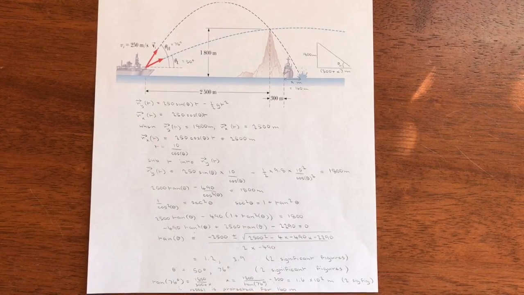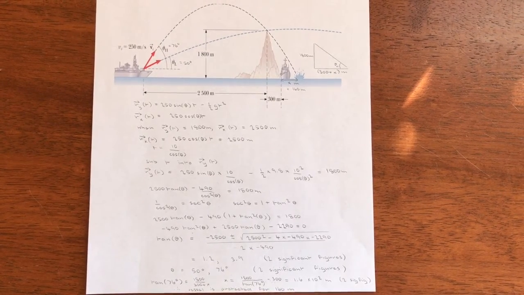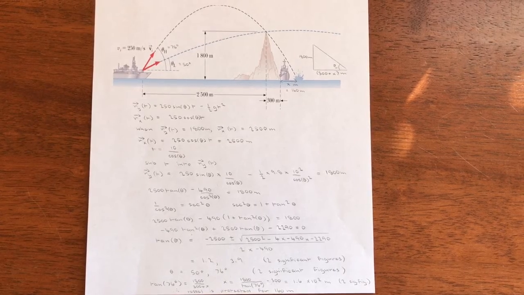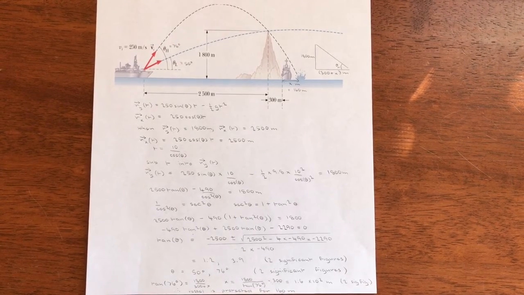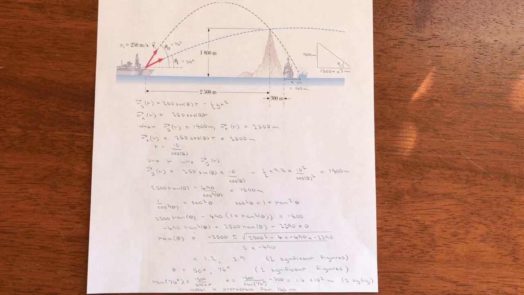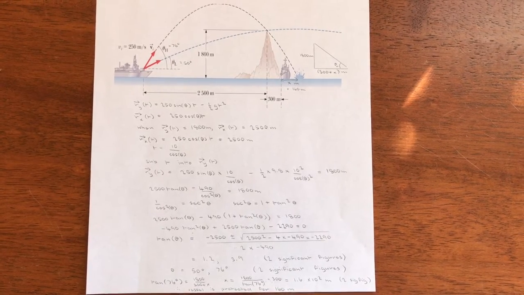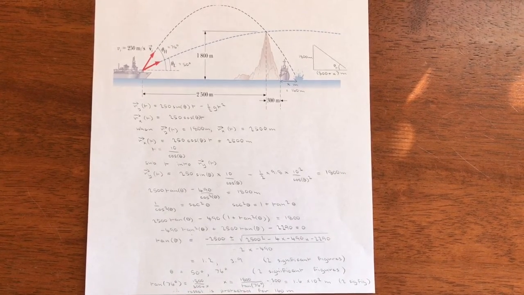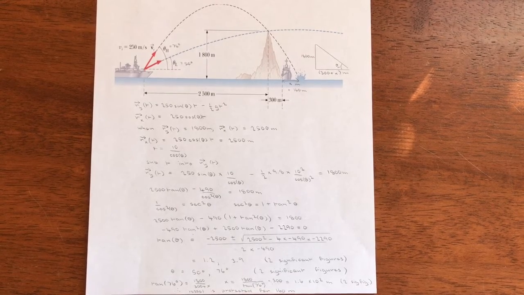As you can see from the diagram, in bonus problem 1 we have a vessel on the left firing a projectile over a mountain on an island toward the vessel on the right. And we want to find over what range to the right of the shore of the island the vessel is